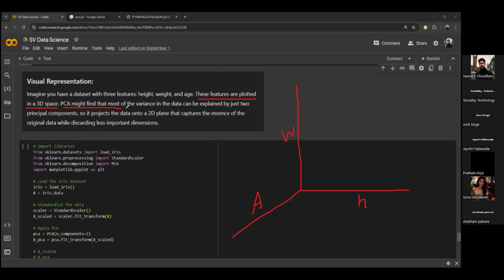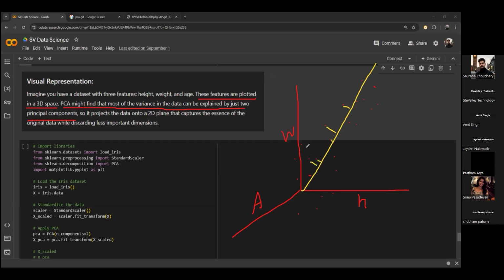PCA might find that most of the variance in the data can be explained by just two principal components. So if you have a lot of data over here, we'll try to capture all these data points in a single line like this. And then all the data will be projected on this